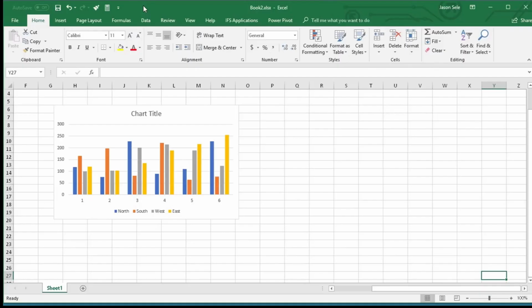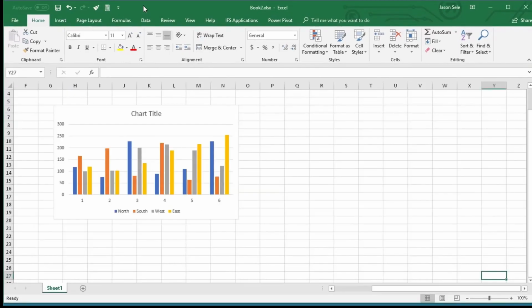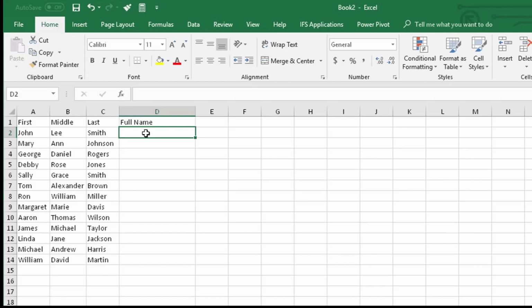Here's a shortcut if you have multiple spreadsheets open. You're used to doing Alt-Tab to switch between different applications, but if you hit Control-Tab it switches you between your Excel files. Tip number 10. Split, combine names. It's pretty common to have a spreadsheet with first, middle, and last names in separate columns